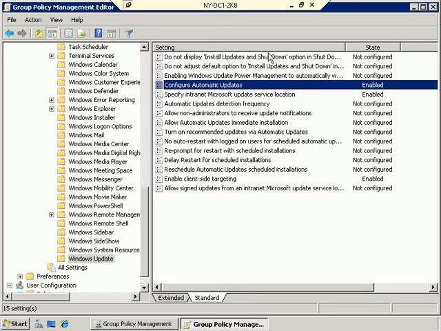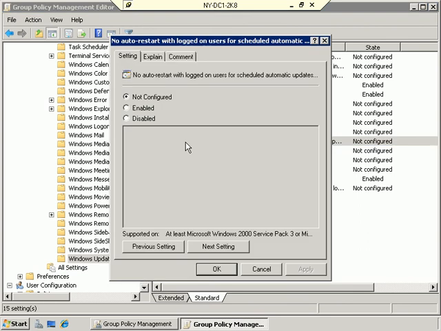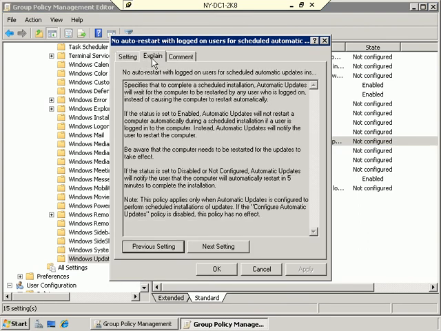You'll notice there's quite a list here of settings, and there's a few more I'd like to talk to you about because they're fairly common in many different environments. So as a for instance, they're all really having to do with the restart that's involved with updating. Right here we have no auto restart with logged on users. Now let me go into that one and I'm going to click on the Explain tab, and you'll see here